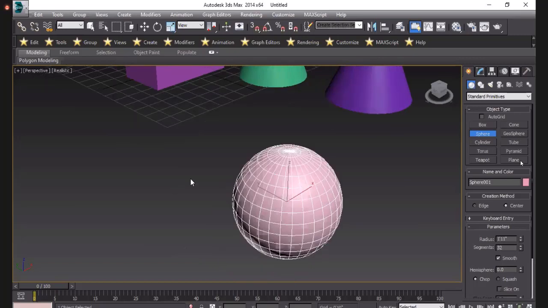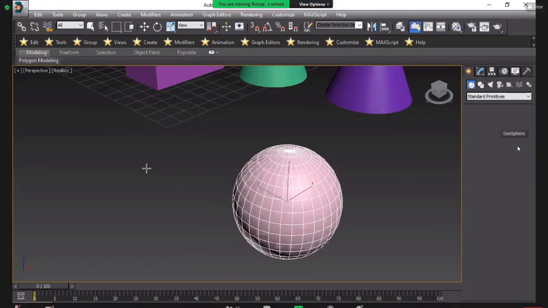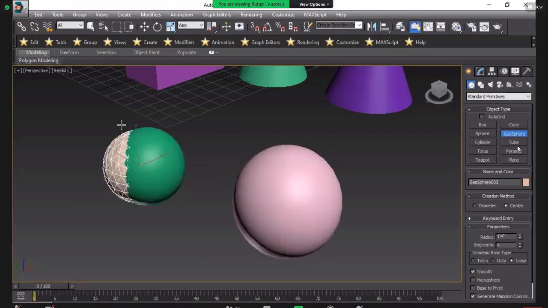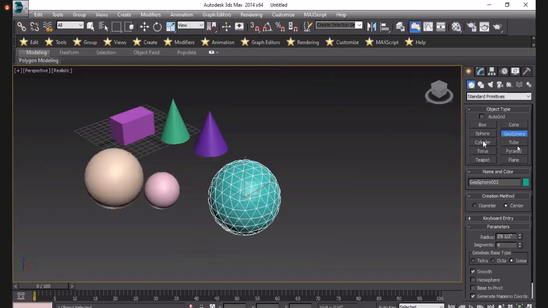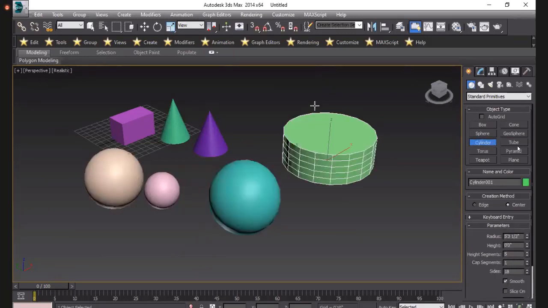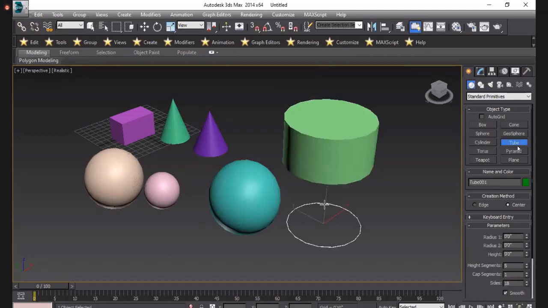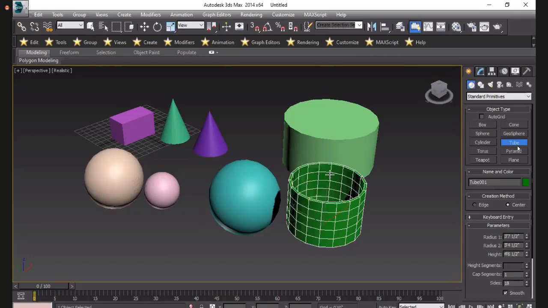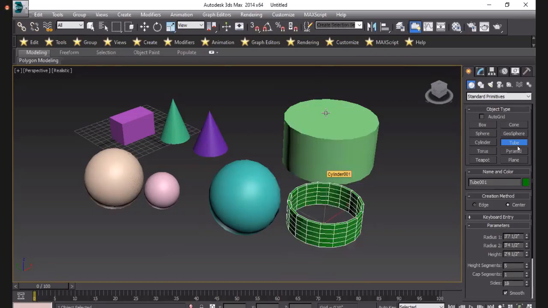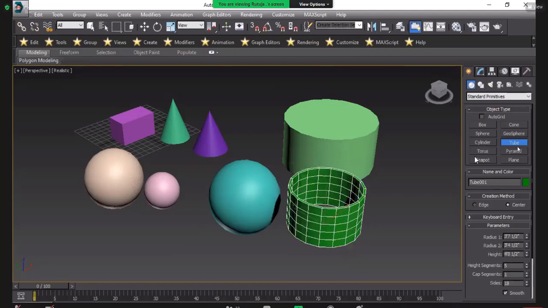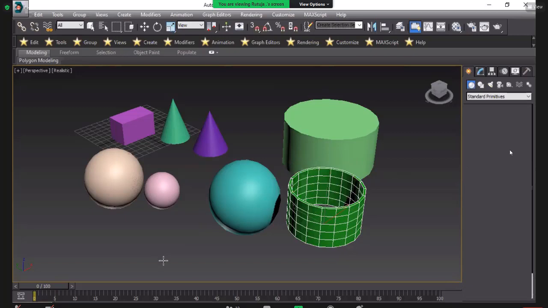Then geosphere. Then I got cylinder. Then tube. This is tube. If you want to use a hollow cylinder also, then go with it. Torus.